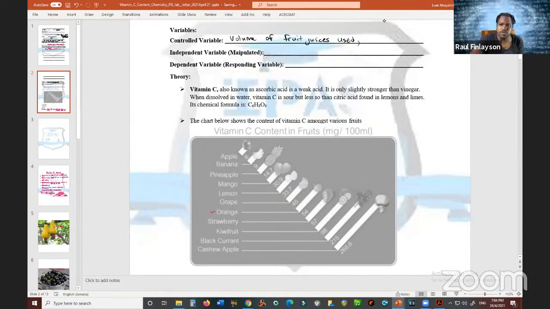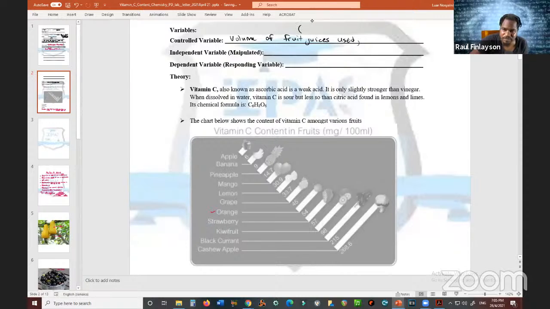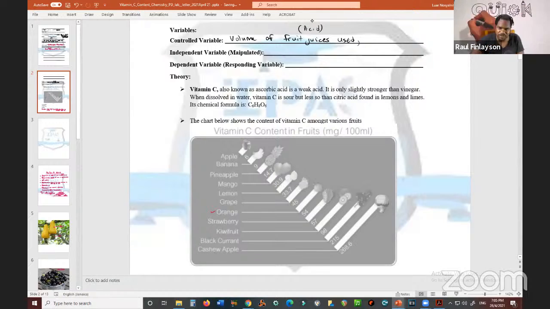All right, volume of fruit juice used. I'm tempted to say amount of distilled water, but I won't stretch it yet until I see it plain out. But definitely the volume of fruit juices used has to be the same. All right, what will be different now if you have the fruit juices? You won't treat this as an acid, by the way. So then it means that if you are going to find out the concentration of it, the manipulated variable,